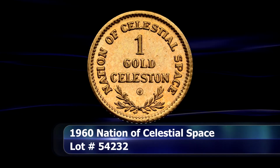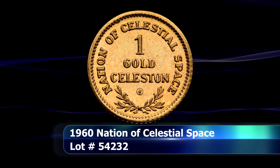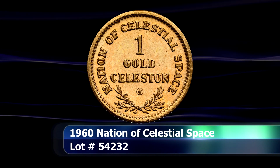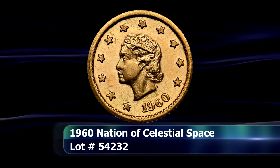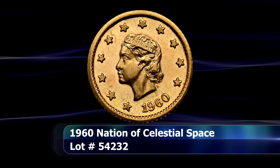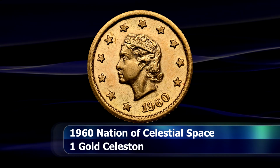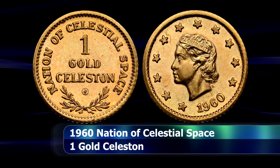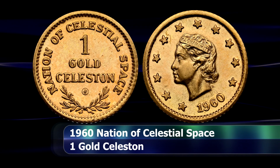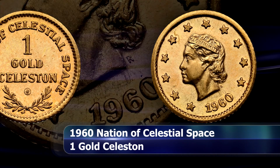$720. So here's a peculiar part of US numismatics, although technically not really the US at all. So this coin, a gold 1 celeston from 1960, was issued under the authority of the micronation of Celestial Space, or Celestia for short. This is a strangely interesting story, but the gist of it is that in 1940, a